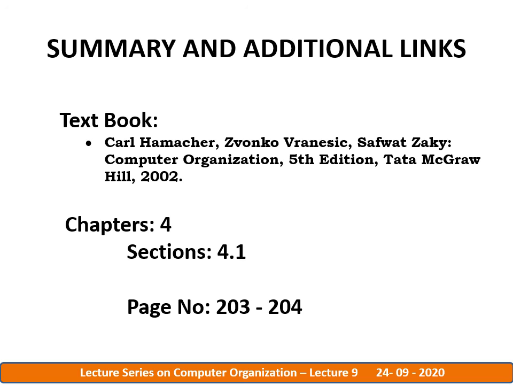Today we covered accessing devices: how the input output devices communicate with the processor, and this communication can be done with the help of an input output interface. The input output interface has two methods to communicate: memory mapped IO and IO mapped IO. The main difference is that memory mapped IO shares the address space between the memory and the IO device, but in IO mapped IO, the memory is not shared.